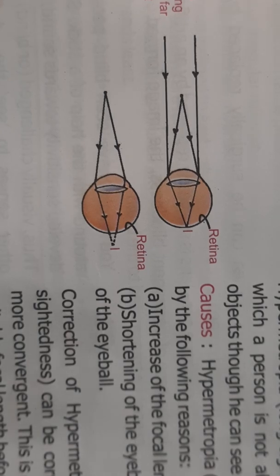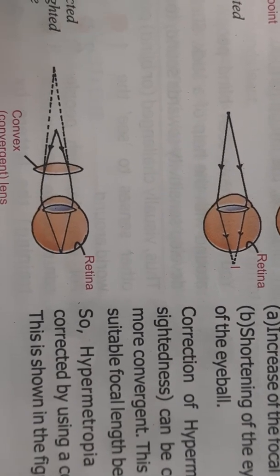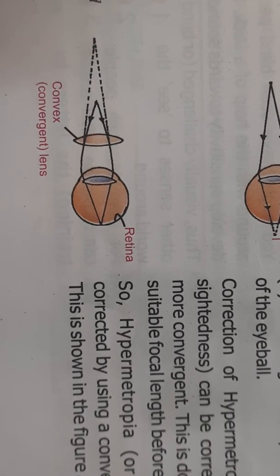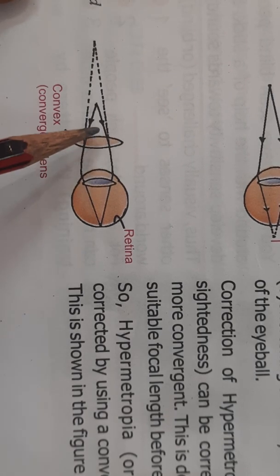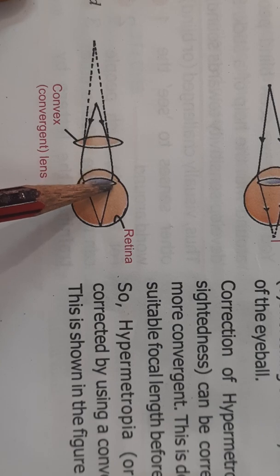Now how can we correct it? It can be corrected by using a convex lens. Okay, convex lens, what does the convex lens do? It is a converging lens. Okay, so what will it do? The converging lens will converge, meaning go inward, to meet at one point. Okay, to meet at one point. See, it is converging at one point and then it will go and the image will be formed on the